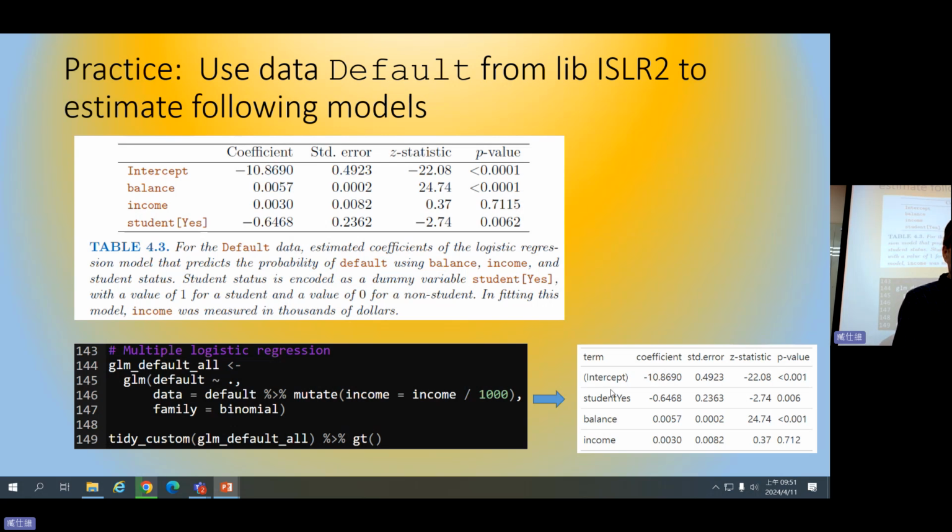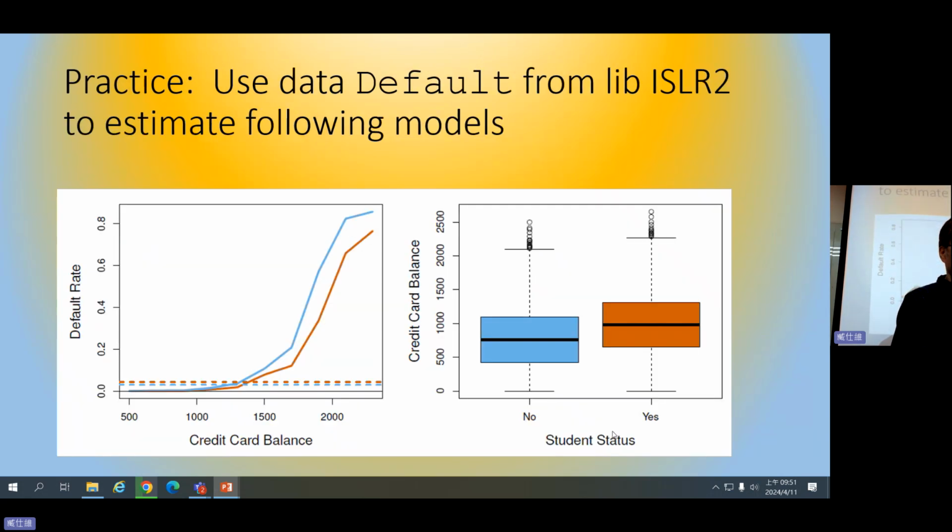You can see this intercept, student, balance, income, and in that case, we can also generate the output here. So here is the output, considering the credit card balance and default rate. And we can also see the student status, yes and no.